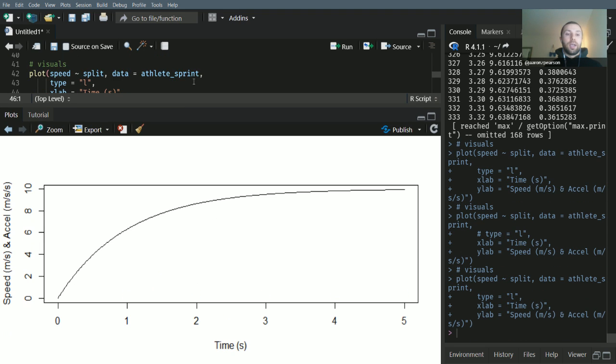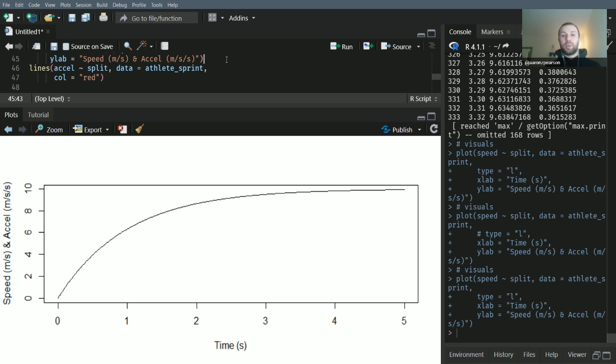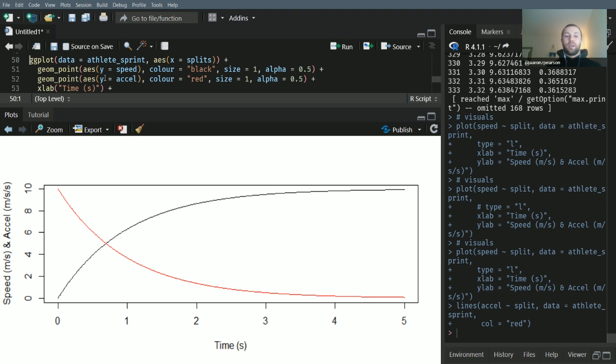And then, unlike ggplot2, you don't have this plus sign where you can then add another layer. So we want another line which represents our acceleration rate. So it's the same type of approach where we have acceleration on the y-axis, our split times on the x-axis. We declare our data, and just for visualization, I set the color to red, and this is what we come out to,